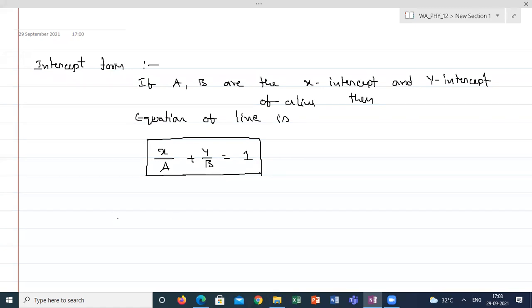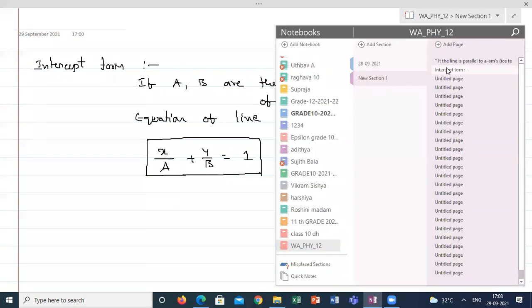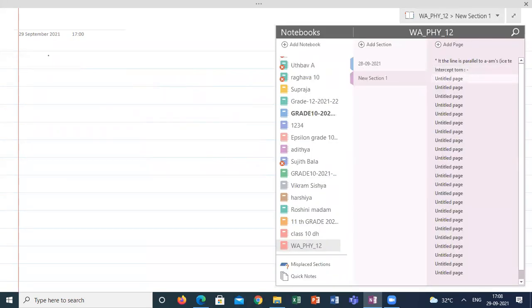So before going to the last form called normal form, I'm going to give the use of these forms, how we can utilize them very easily to answer some questions. Any straight line will be in the form of ax plus by plus c is equal to 0, where a, b, c are some real number constants. Might be a can be 0, b can be 0, c can be 0. If a is 0, it has one significance. If b is equal to 0, it has one kind of significance. If c is equal to 0, it has one kind of significance.